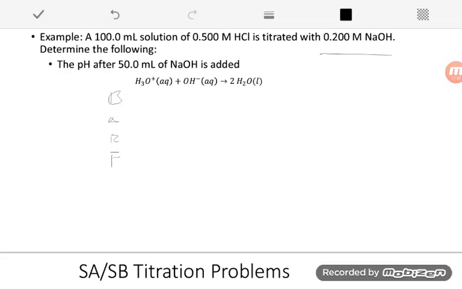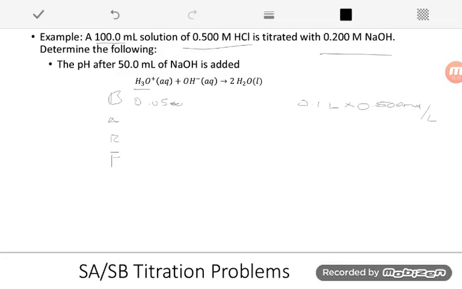So initially, at the beginning, what I had was the H3O plus. I can't plug in the molarity. I have to use it to figure out the moles. So 100 milliliters is 0.1 liters, and I just do 0.1 liters times my 0.5 molar, because that stands for moles per liter, and that will give me the moles, which is